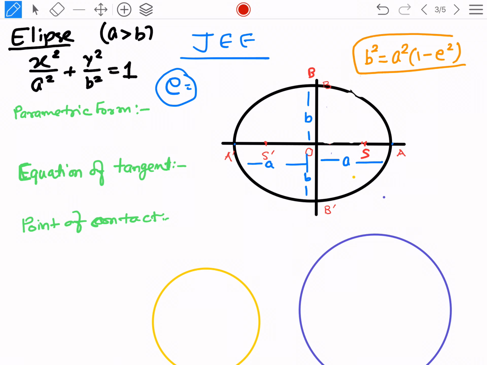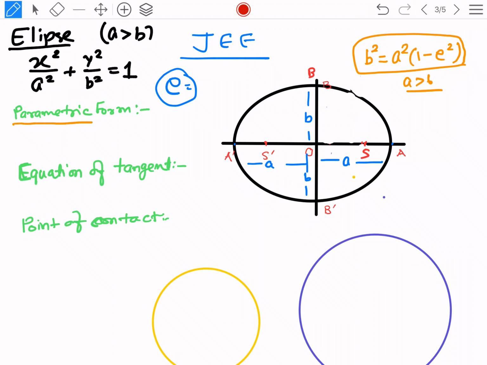For ellipse, we must always remember this formula, where a greater than b, then this formula will be applicable. So now if we know a and b, then we can find e. If we know e and a, then we can find b, and so many questions may come from this formula also. But now today's aim is